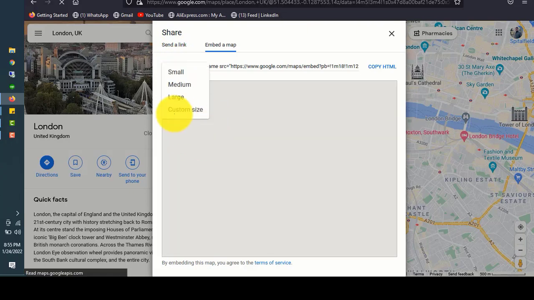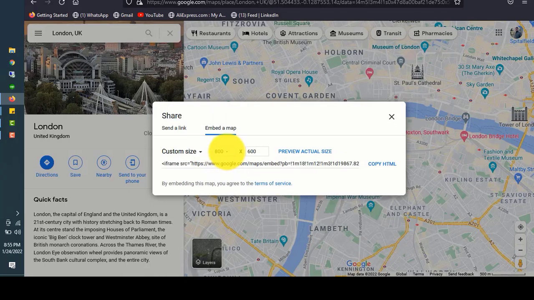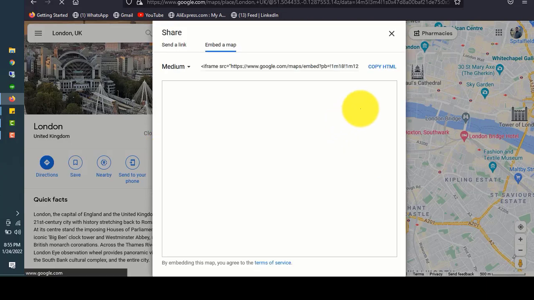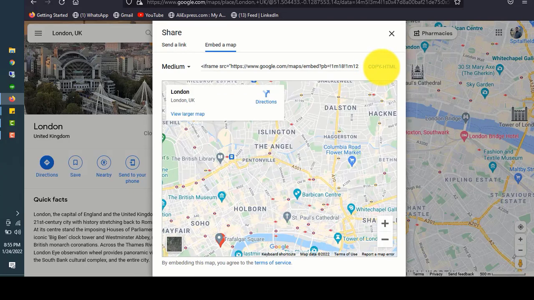So by going into custom size, you can have your own size as well. Add your desired dimensions here and copy HTML. So for now I'm going to select medium size. So from here click on copy HTML